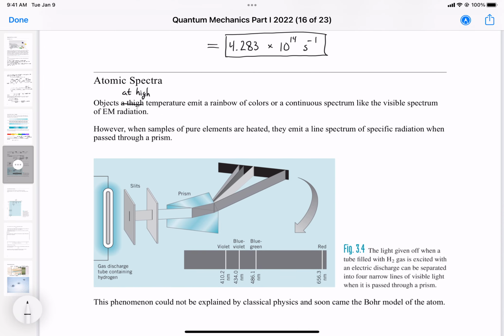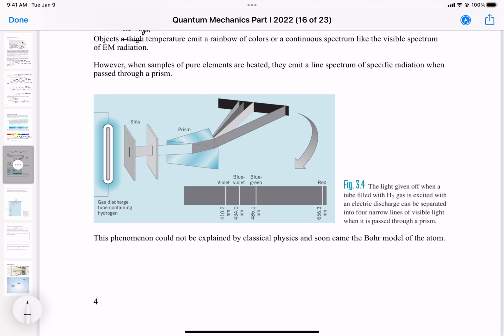What we're concerned with now in quantum mechanics is when elements emit light. When we pass energy through the gas of an element, or a gas discharge tube containing an element, those will also emit light because we're exciting the electrons in the atoms, and they tend to emit light. And when we view that light through a diffraction grating or a slit, it can actually separate the individual colors of the light. So like in this picture here,